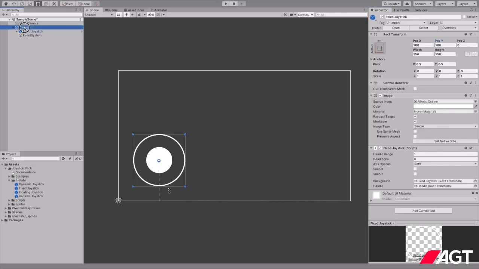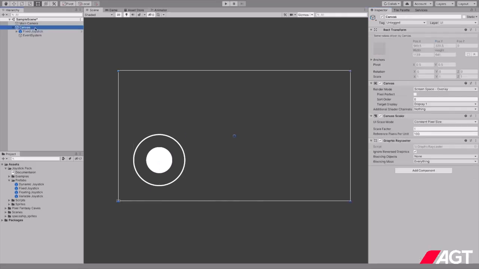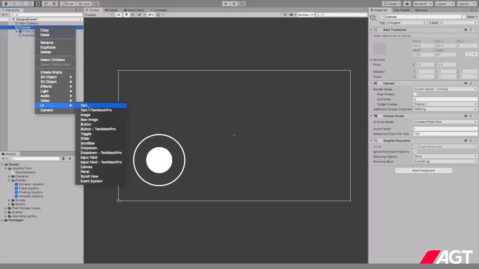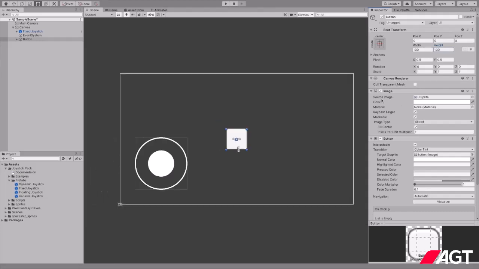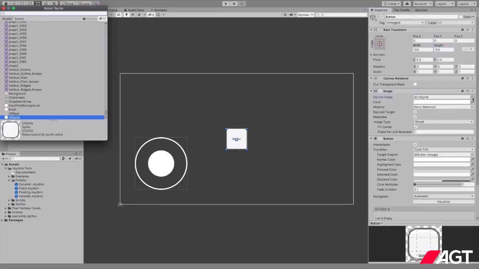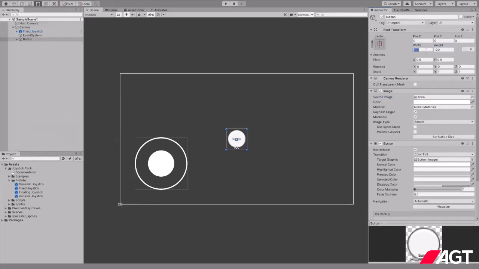So again, we will be using canvas to hold our buttons. Right click on the canvas, and under the UI we search for button, and you can see we have now our button. Let's change the size. Let's try with 100 by 100. I would like to change the source image, and I will use this knob, maybe a little bit bigger. Let's try 150 by